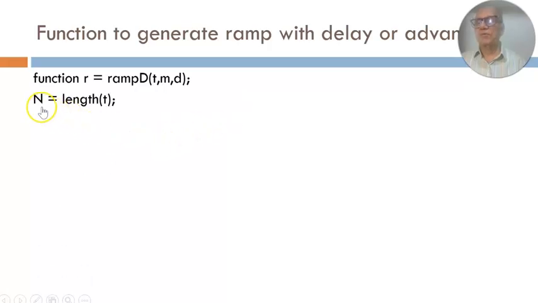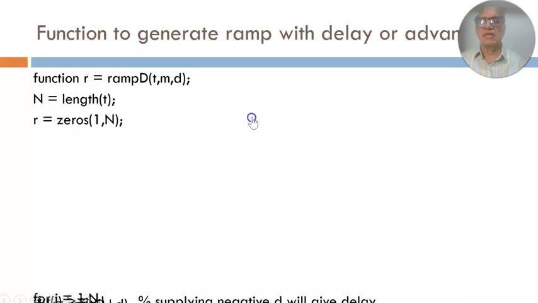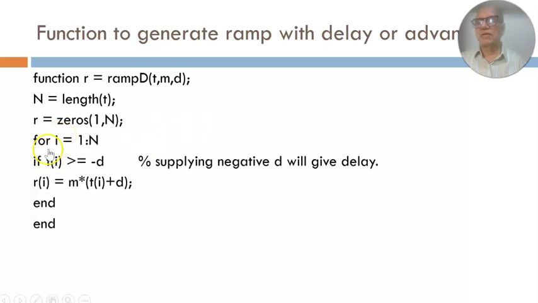So what is the first thing you do? N equal to length of T, so that first you can generate the entire signal over all time having 0 values, and then you can modify that. So first make R equal to zeros(1,n), and then you get into the loop to find out where the D lies, whether it is advance or delay. So you get into the loop for i equal to 1 to n, and if T(i)